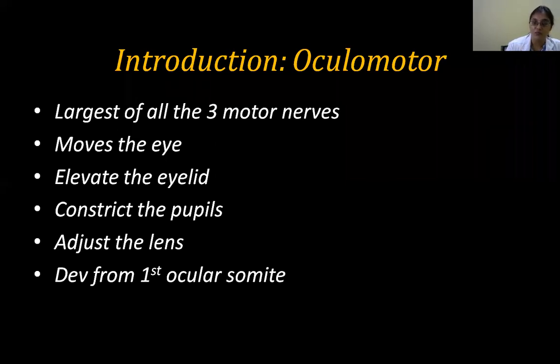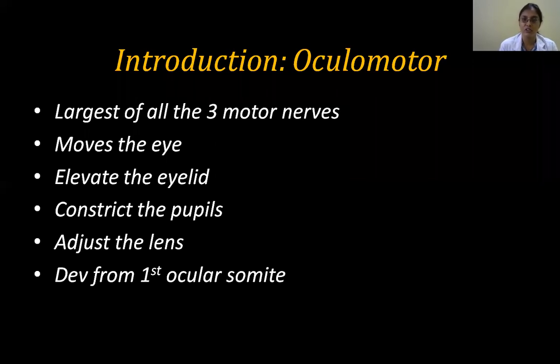So those are the three columns. I'll be taking cranial nerves in the order of the columns. The first column is somatomotor, just beside the midline, and these are 3, 4, 6, and 12. These are very simple compared to the rest of the cranial nerves because they are just motor. Just a motor nerve fiber arises and it goes to its destination. Okay. So now that's about the 3, 4, 6 nerves. The next class will be about the hypoglossal.